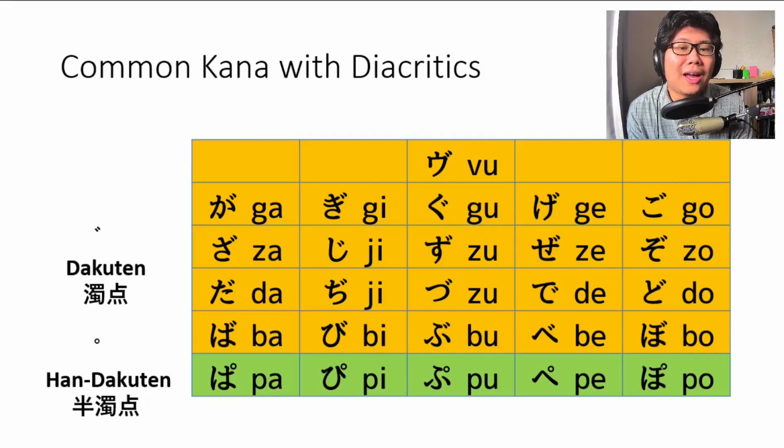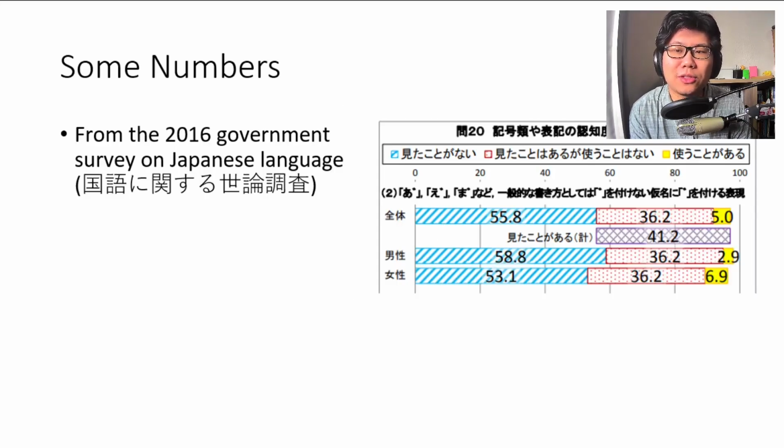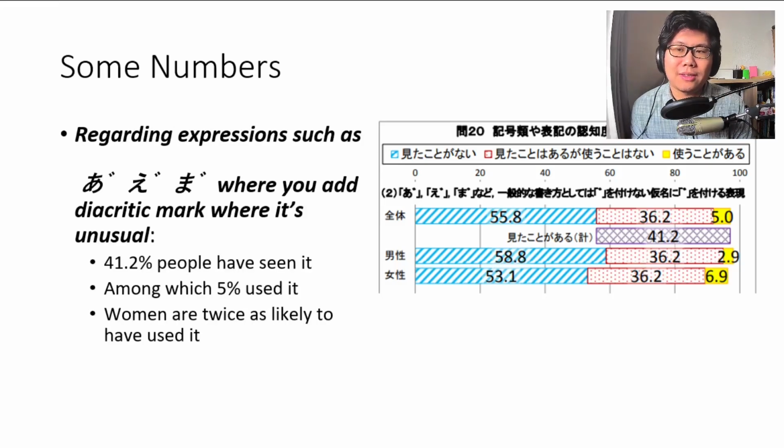As to the unusual ones, the elephant in the room would be the one with dakuten. The first thing you need to understand about this kana is that it's not universally recognized by Japanese people. According to this 2016 government survey on the Japanese language, they do this every year, by the way, but they have different questions. This is the last time they used this question. Anyway, this is a survey meant to be representative of Japanese people of all ages. And the question is, regarding expressions where you add diacritic marks where it's unusual, such as these,